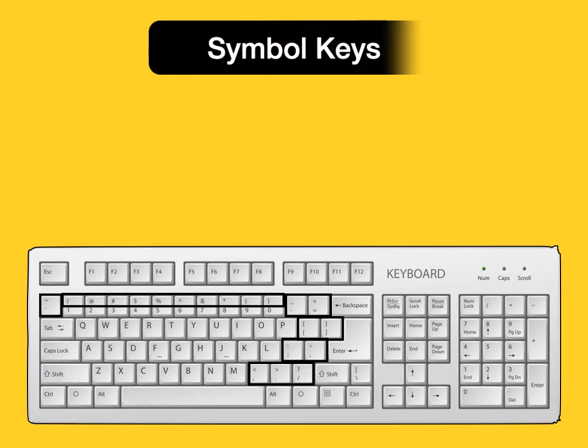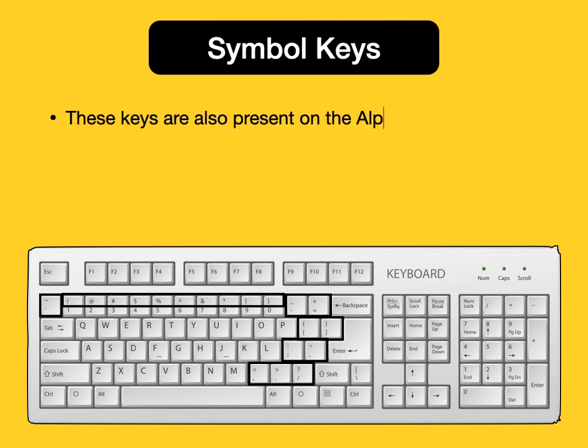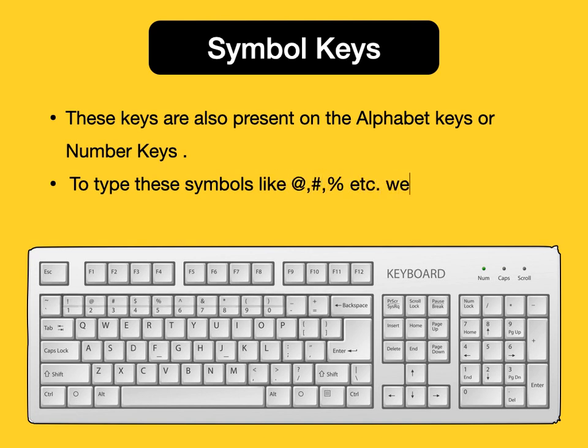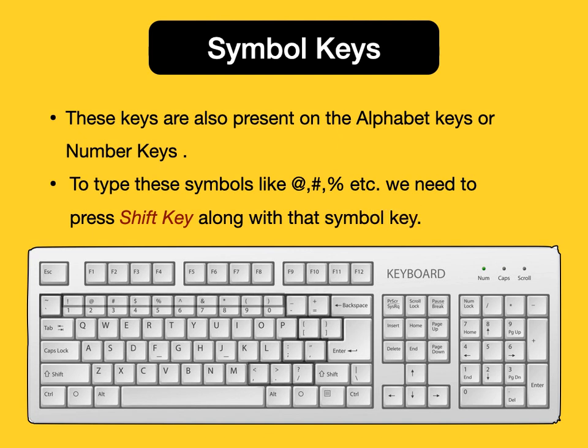Next type of keys are symbol keys. Now, what is a symbol? Symbol means a mark or a sign that represents something, and we have different types of symbols available on our computer keyboard like @, hash, %, etc. So these are the different types of symbols that are available on our keyboard, and to use these symbols we need to press shift key along with the symbol key, and these keys are present on alphabet keys or number